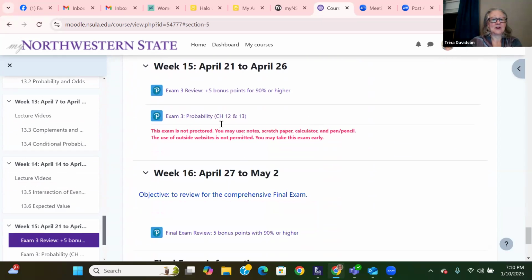Exam 3 is not proctored, so we won't actually meet this week, but you can take it early, up to the due date. The due dates for this class, since we meet on Tuesday nights, are Monday evenings, with the exception of the 2 exams that we do in class. Those will be due the evening of the exam. The non-proctored exams, you'll actually have through the Monday to do it the week up. So this actually won't be due until April.